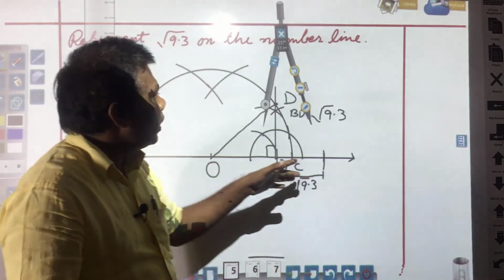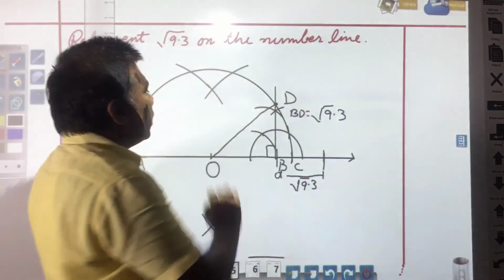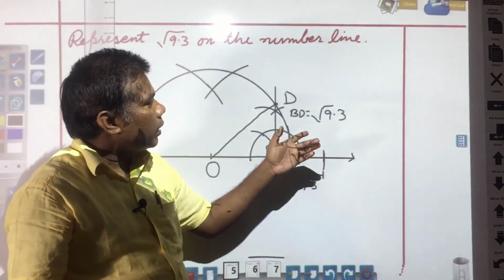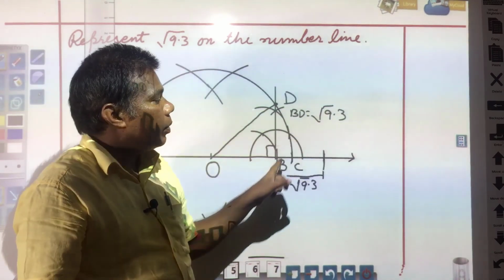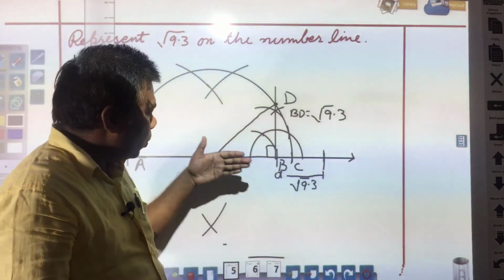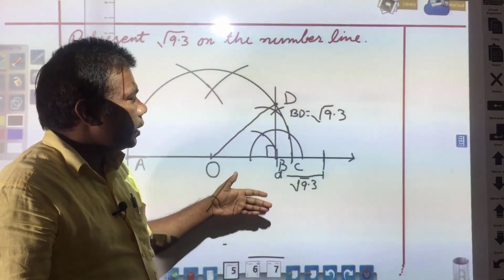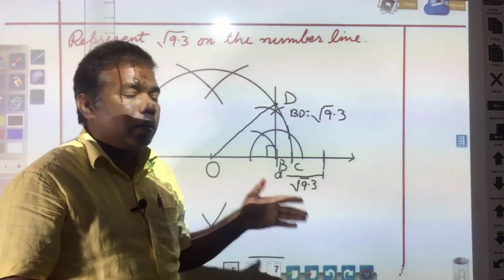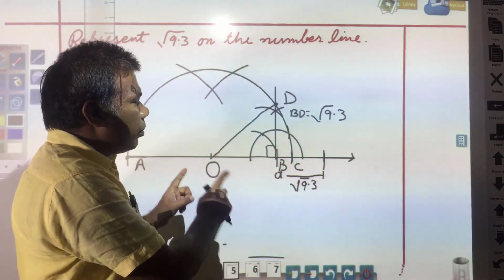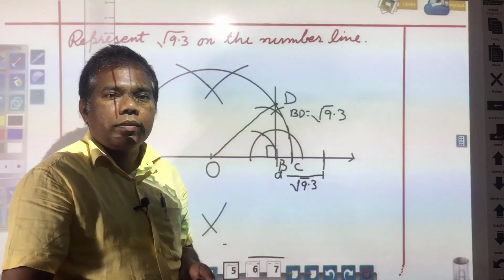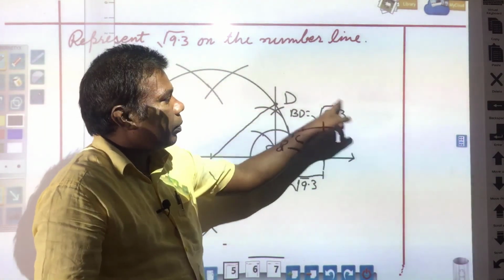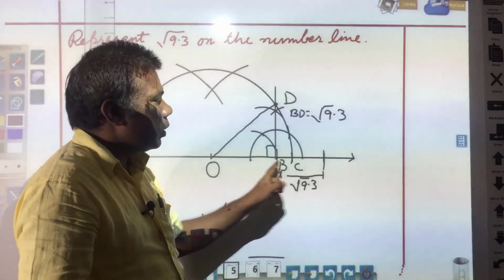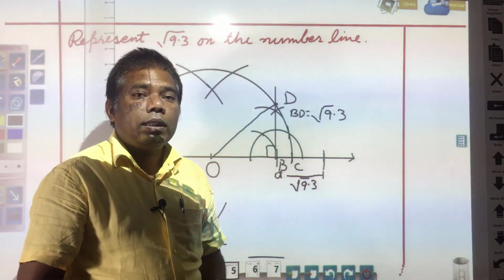So, in this way some other questions also are there. If any questions are there, you need to find out square root of any number, that can be found out. So, just you complete your exercise, practice this, and in your notebook in proper way, in perfect way you try to draw this figure, or you in perfect way if any square root number is there, you try to represent a number line. So, next day we will discuss next topic.